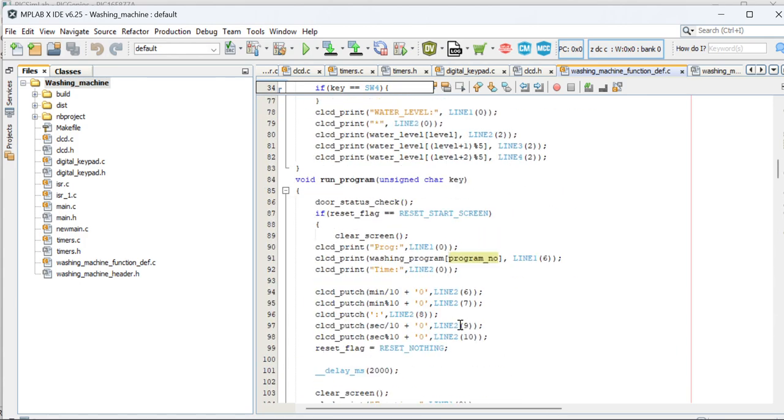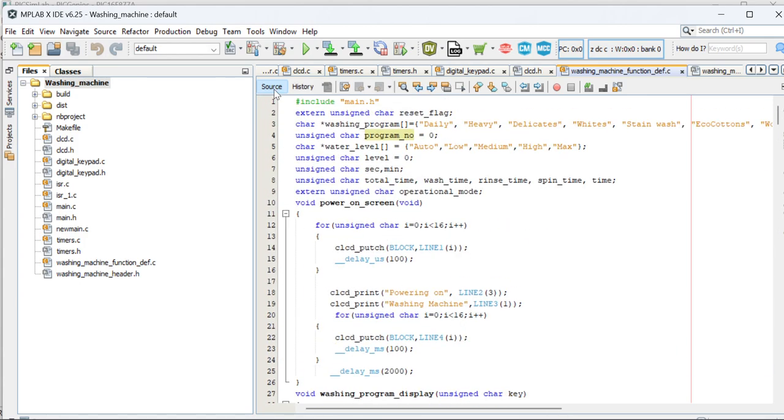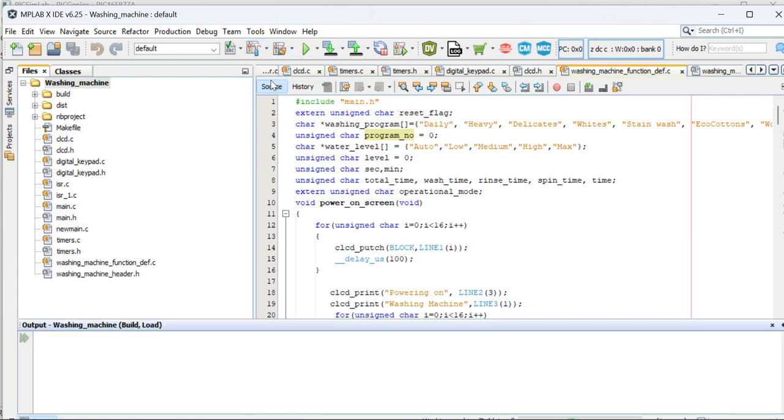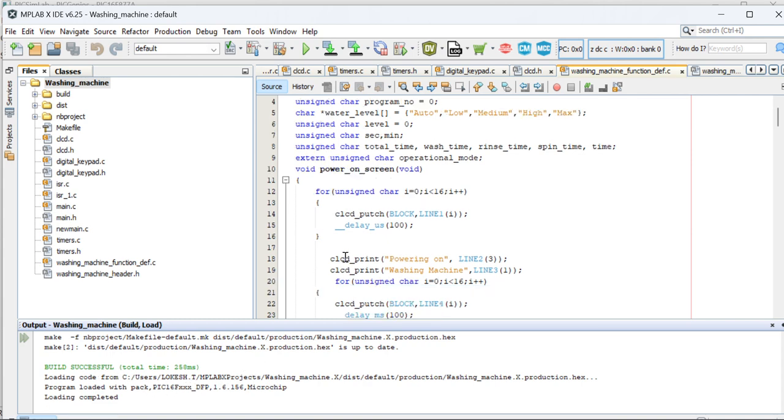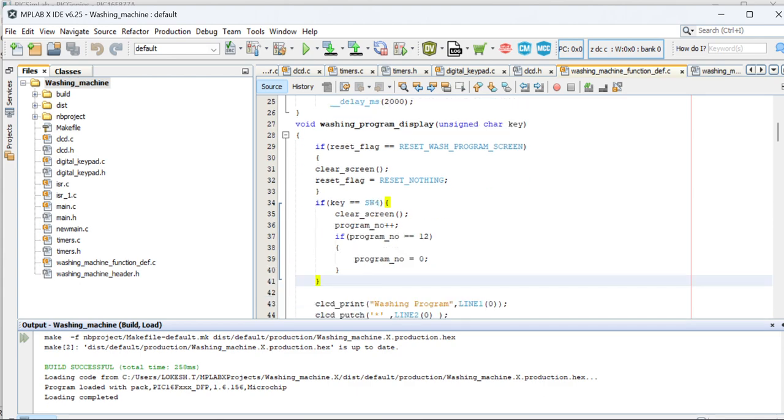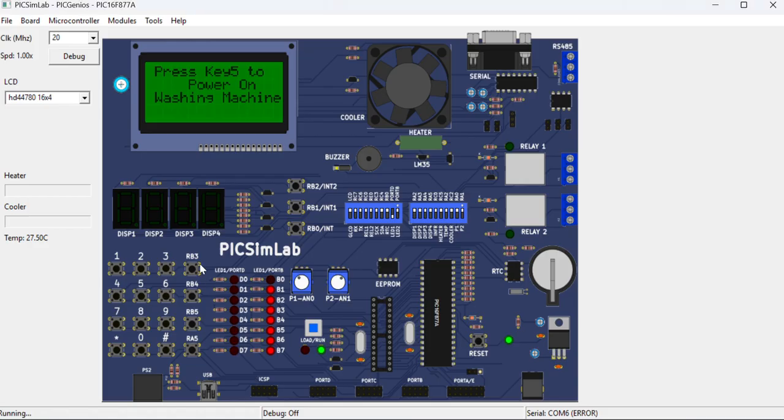Now let us build this project. See, this project file is built successfully. Now let us go to Pixie Lab and dump the code. So this is the Pixie Lab. I'm going to dump the code here. After dumping the code,